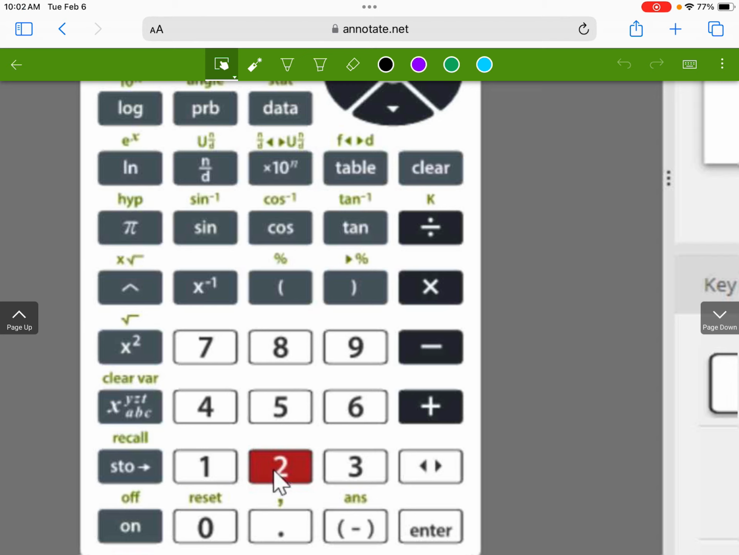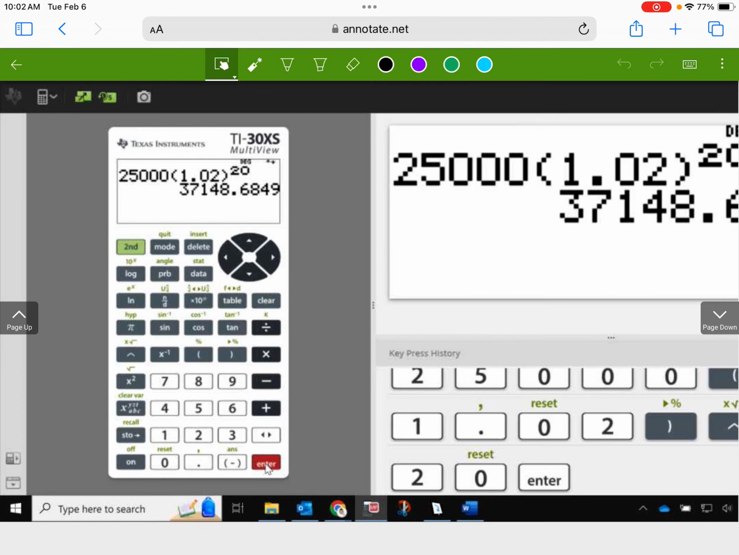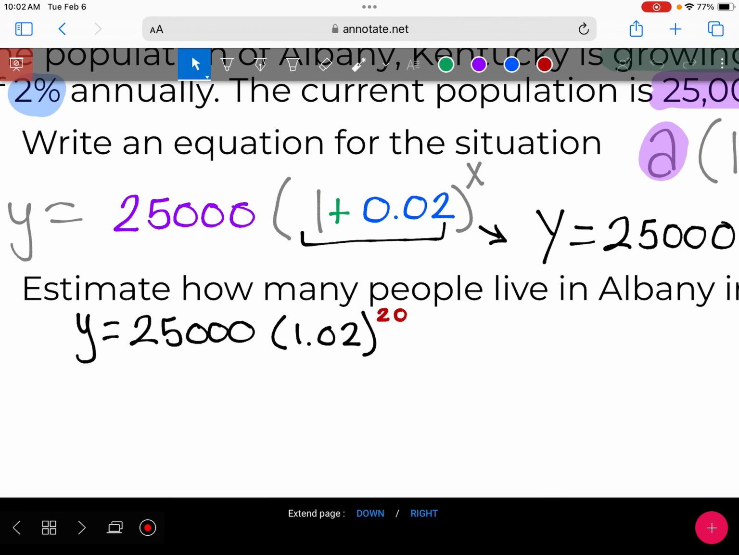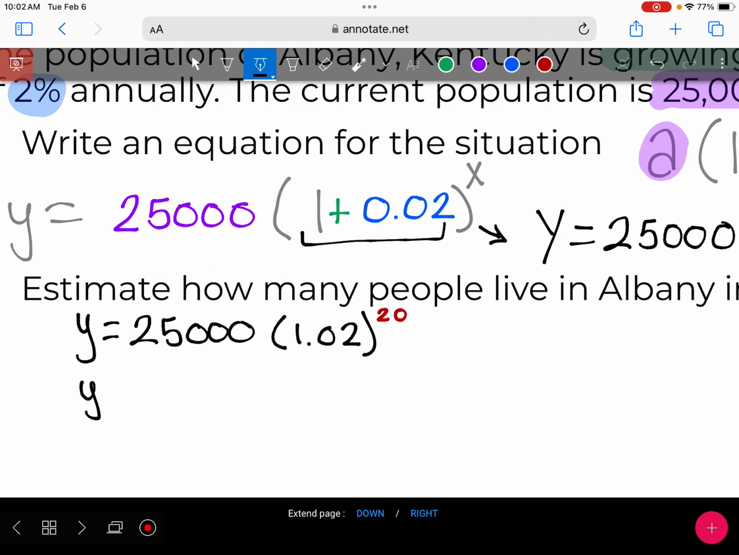So we have our 25,000, parentheses 1.02 raised to the power of 20. So we're just going to type it in just like that. Oh, we're going to talk about that. Okay, that's the next thing we talk about. So I'm going to write it down first so I don't have to switch back and forth. So my y equals